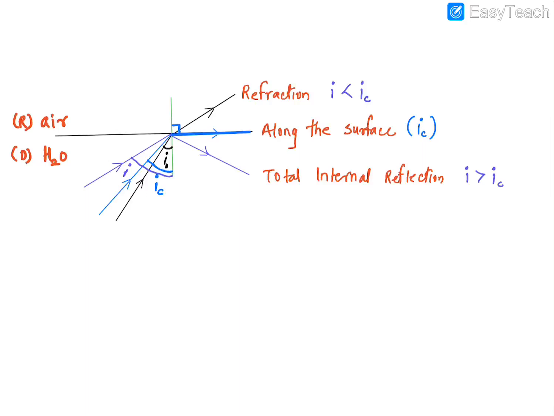So whether a light will refract or reflect or go along the surface, it all depends upon the comparison of these angles. Only on the basis of this you can say whether the light will refract or whether it will reflect. So here, instead of writing just IC, I'll say that when the angle of incidence is equal to the critical angle, then this is what will happen. So these are the three different conditions. The whole of this D part is based on these three conditions only, if you got it.